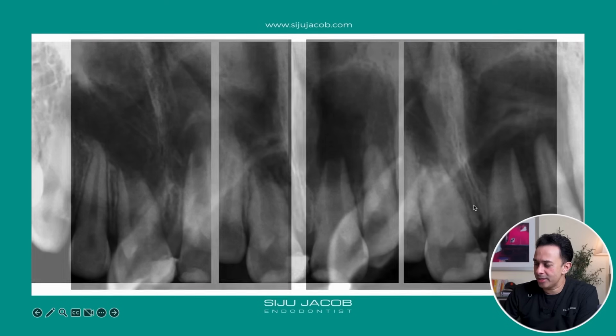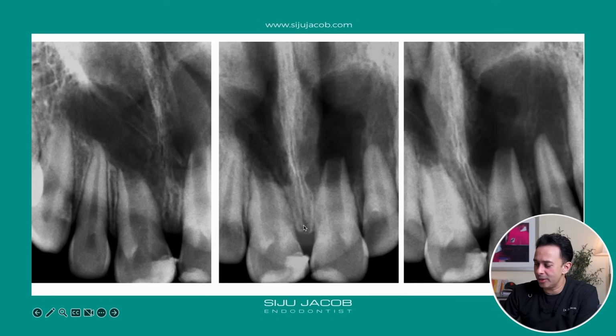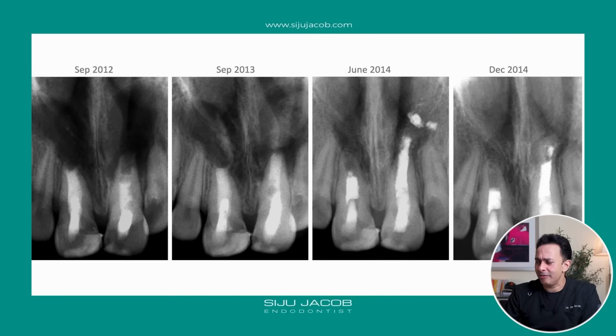So I put calcium hydroxide, and then we decided to just treat these 2 teeth and leave the rest as it is because they were all vital teeth. So the goal was to somehow shrink this lesion, and even if they are planning to do surgery, it's much easier to do surgery when the lesion shrinks rather than at this stage where it becomes a really invasive procedure on a very young girl of, I think, 11 years or something like that.